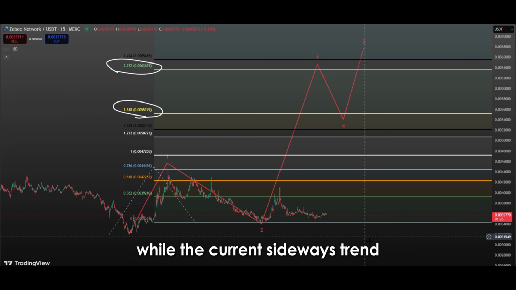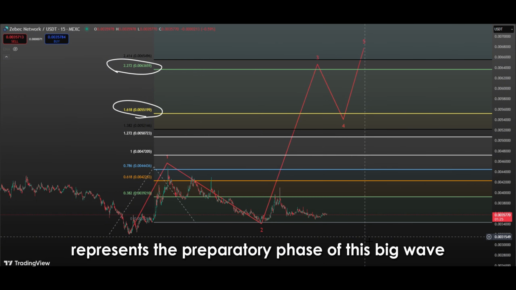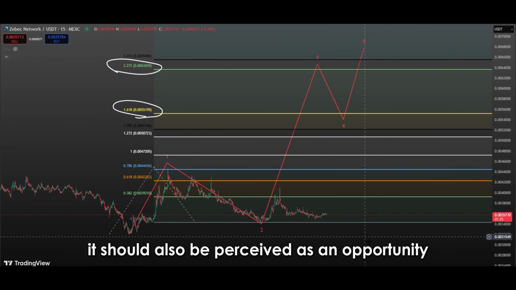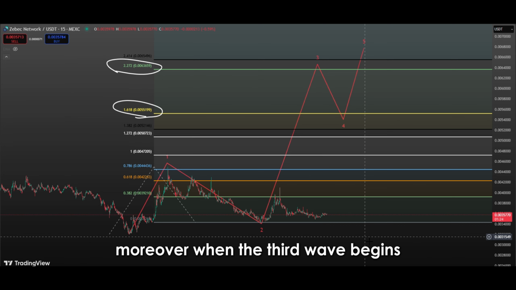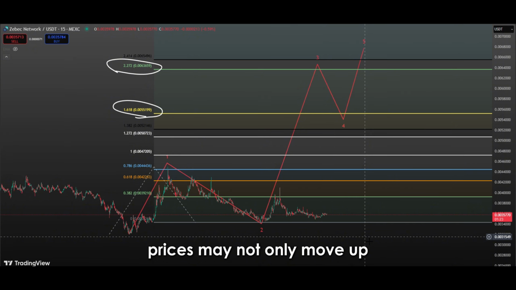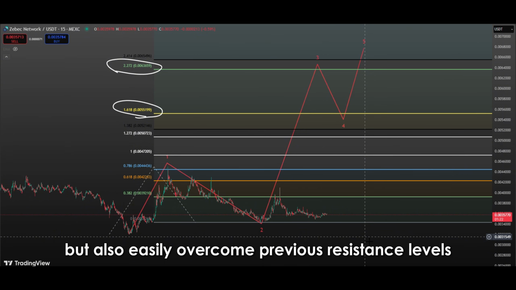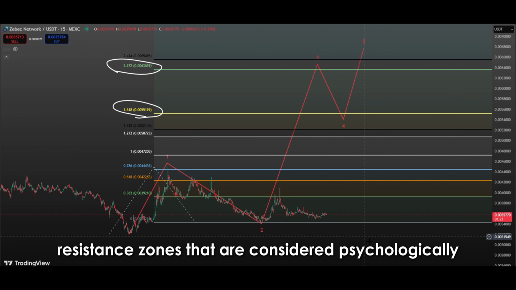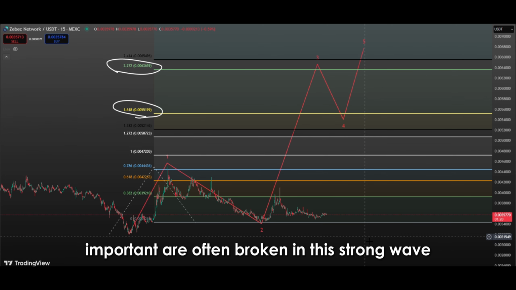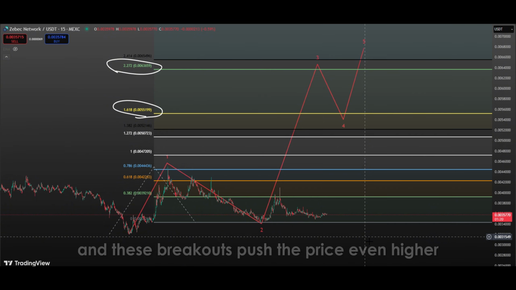While the current sideways trend technically represents the preparatory phase of this big wave, it should also be perceived as an opportunity for patient investors. Moreover, when the third wave begins, prices may not only move up, but also easily overcome previous resistance levels. In particular, resistance zones that are considered psychologically important are often broken in this strong wave, and these breakouts push